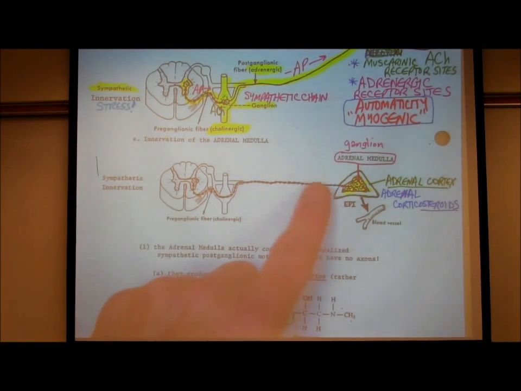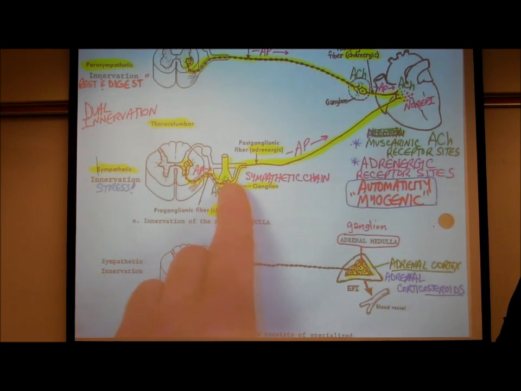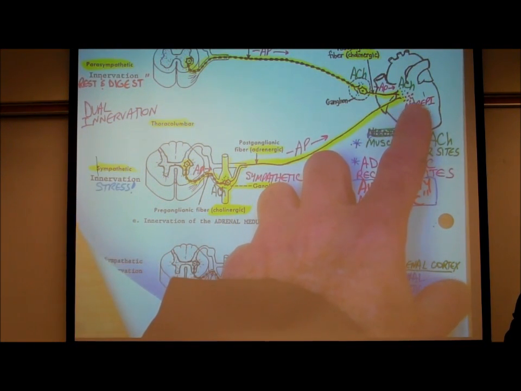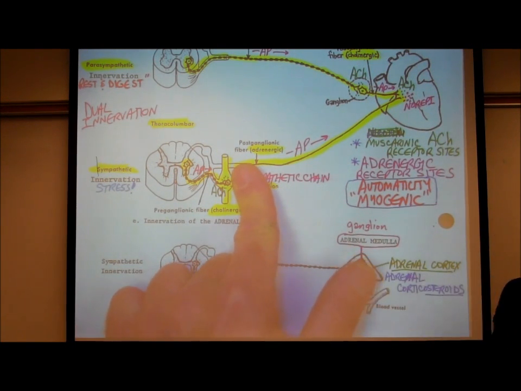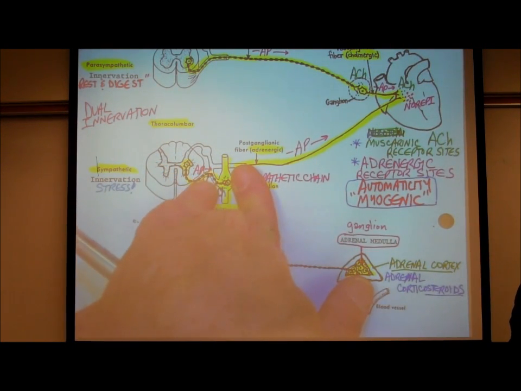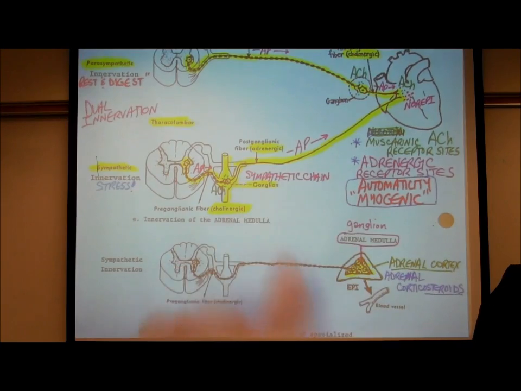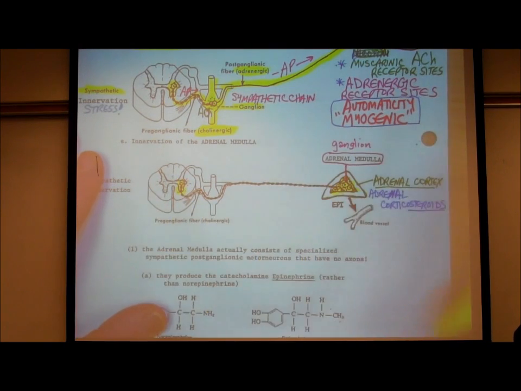Now, before I explain this, let's just look above at the heart. In the heart, we have a sympathetic, myelinated, preganglionic fiber that synapses onto an unmyelinated sympathetic fiber that releases what neurotransmitter? Norepinephrine. Now, what if I just had a picture that stopped right there? So what I'm trying to show you is, imagine we have a sympathetic myelinated fiber, and it synapses onto this sympathetic neuron in a ganglion. That's what this is. You'd say, what do you mean? Here is the sympathetic myelinated